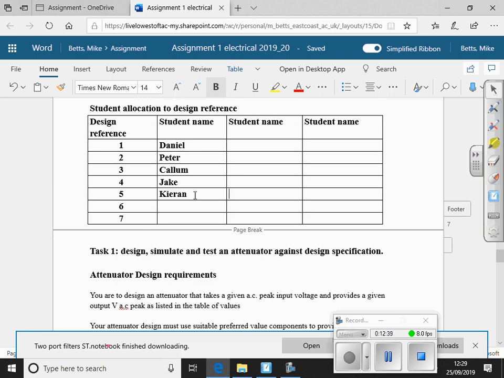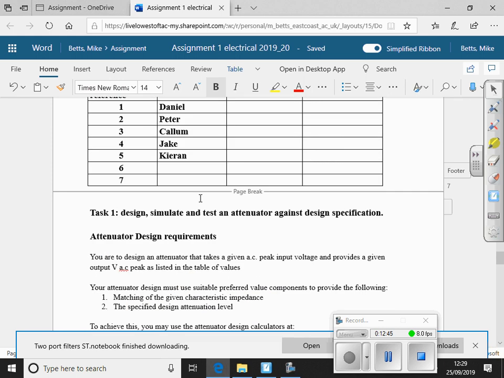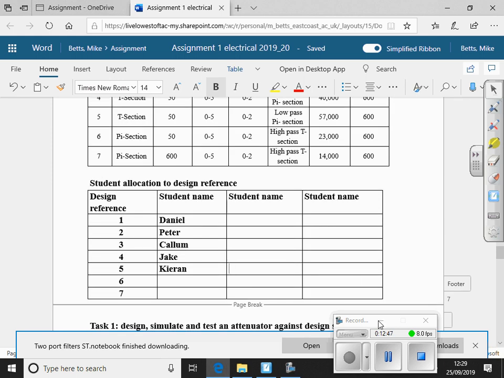So you'll know what your design details are from that table. Okay? And you can see in the past I've had groups where quite a few students are doing the same thing,